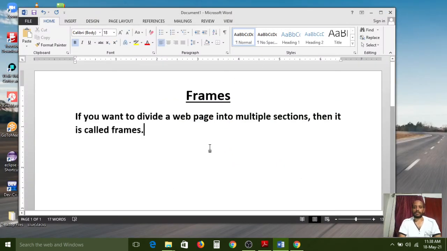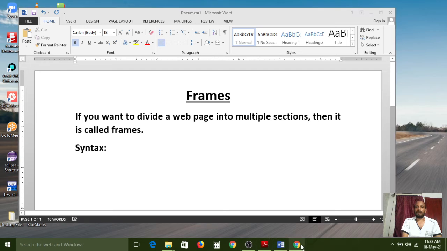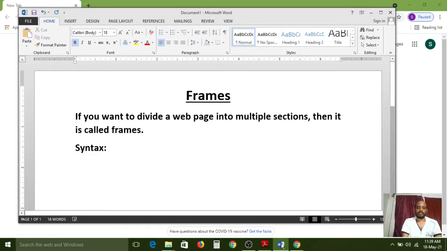For the frames purpose, the complete web browser space, the complete white space we have in the body section, is called a frameset.